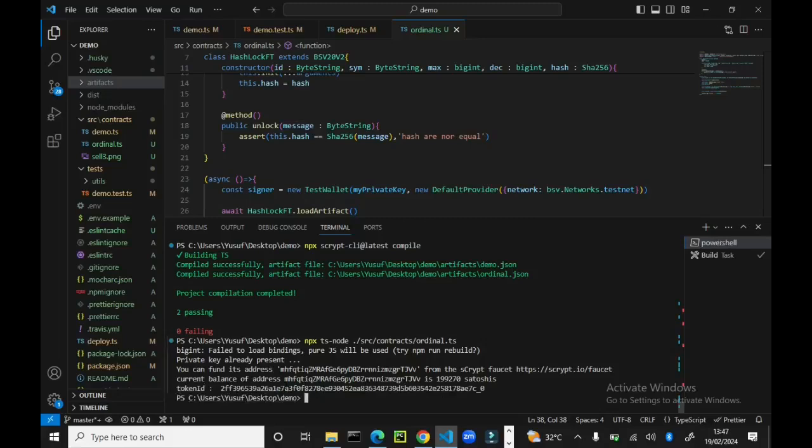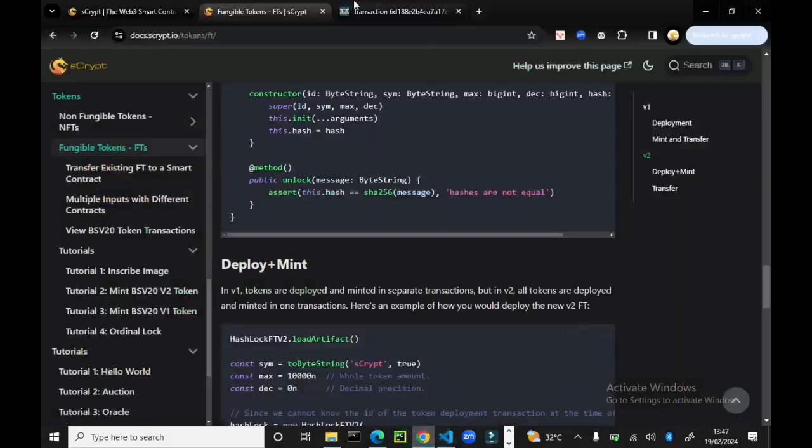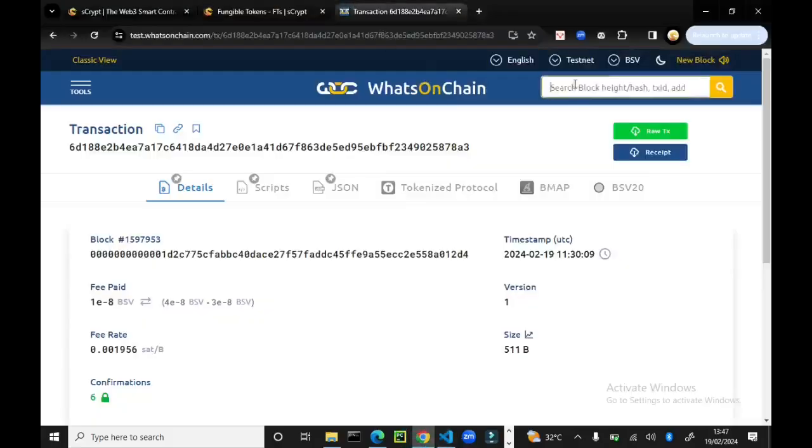The token ID is the deployment transaction ID with a suffix of the output index, which makes it an outpoint. Let me copy it, and so for you to get the transaction details about this token, you should paste this one and delete the preceding 0, and